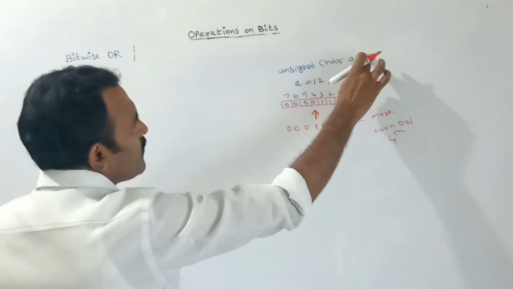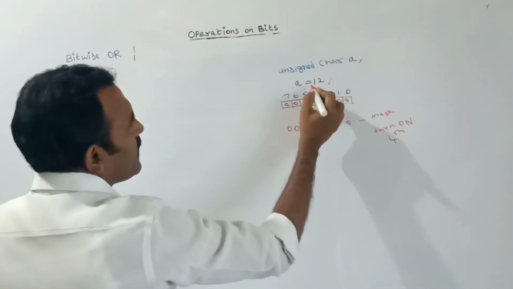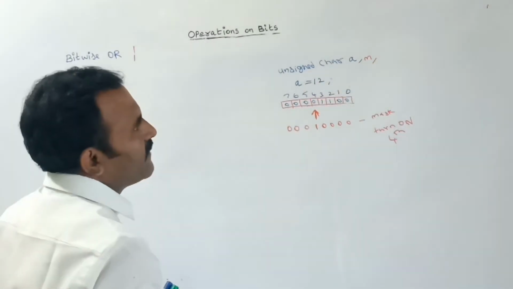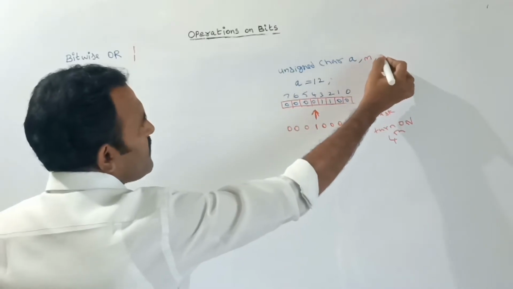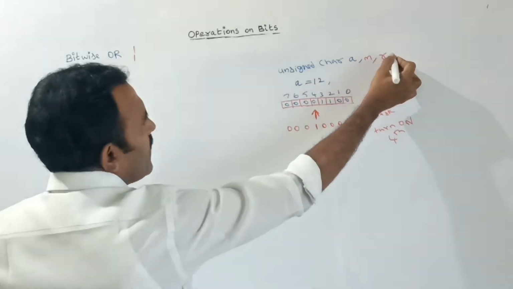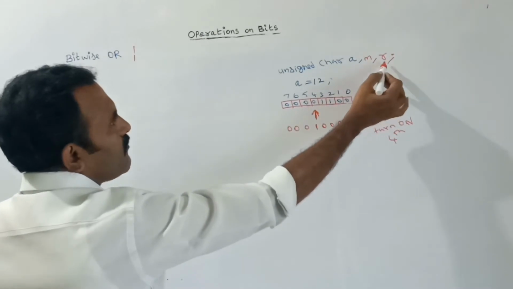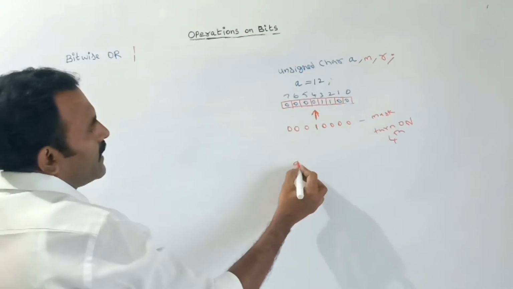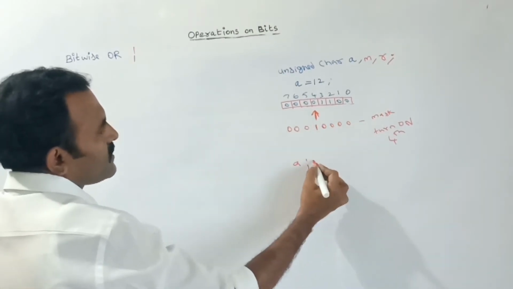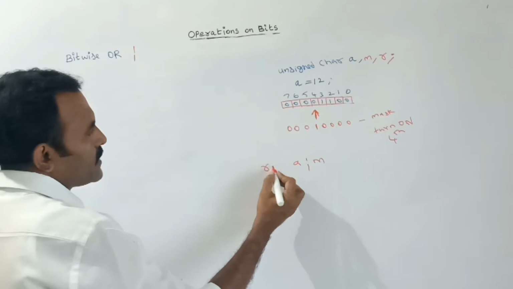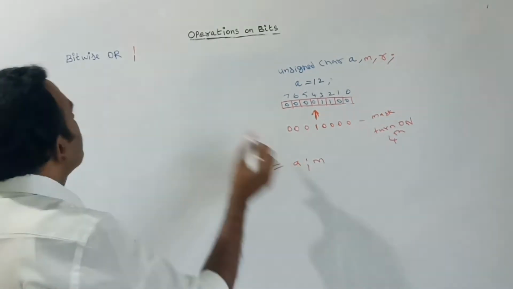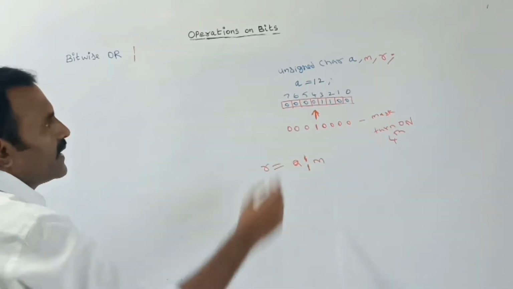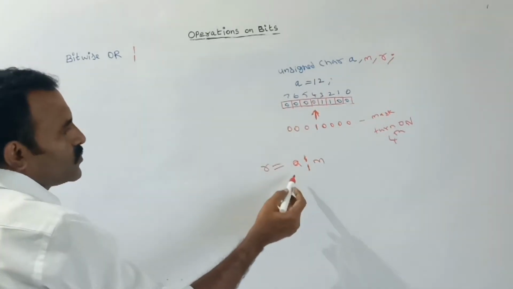Create two more variables. For example, here a, where I have stored 12. Next, for the mask I am creating the variable name m. Next, to store the result value, I am using the variable name r. So this is the syntax: r is equal to a, bitwise OR operator, mask value m. See, here I had given the value a is equal to 12.